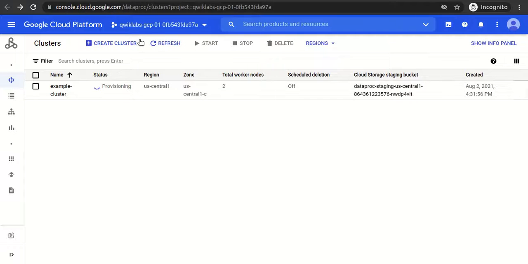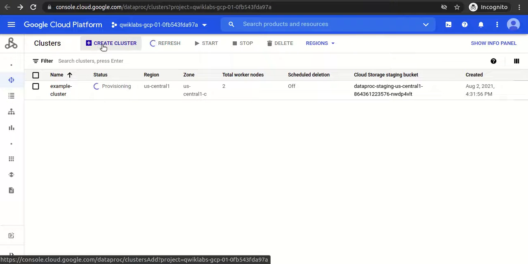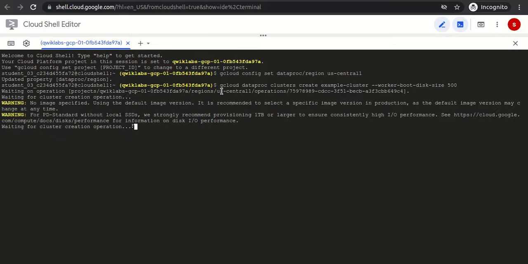In the last lab, we saw how to create the cluster by just clicking on create cluster, filling in some details, and clicking the create button. In this lab, we will see how to create the cluster using the command line. The command line is the gcloud command, and after gcloud we give dataproc, because we are dealing with dataproc, and under dataproc we are dealing with the cluster, and under the cluster the operation we are following is the create operation, and then some information based on the particular service.